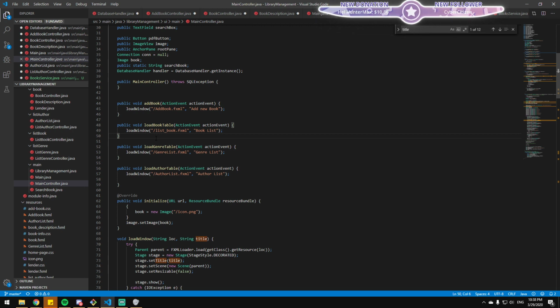Yeah. What is that, switching between views? Yes, this is switching between views. The load window now has a parent which loads the FXML loader, and then you have a stage which contains the scene. Oh, that's the point. In order to switch scenes in another scene, you need that stage. So you have to expose it somehow. And I found that the best way to do that is to make these methods static.